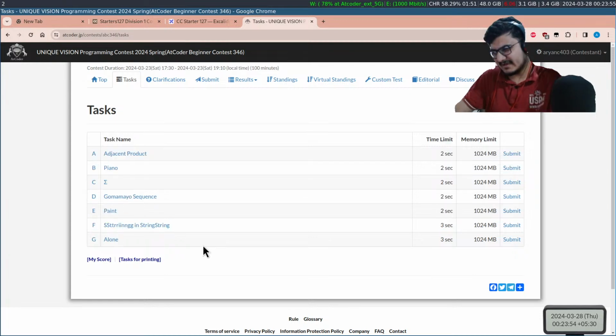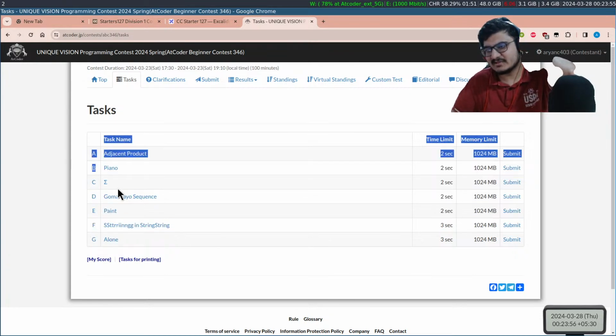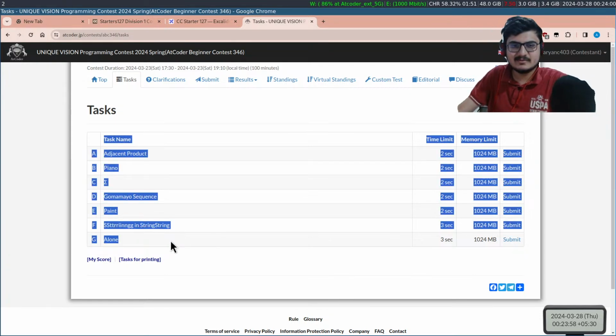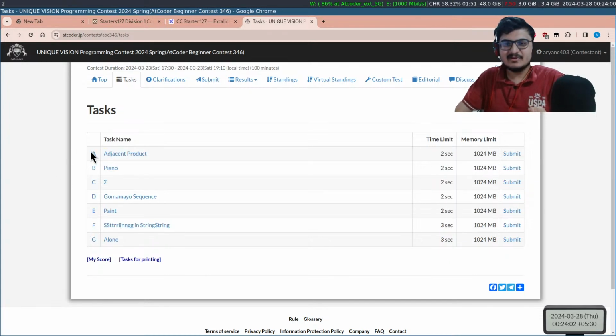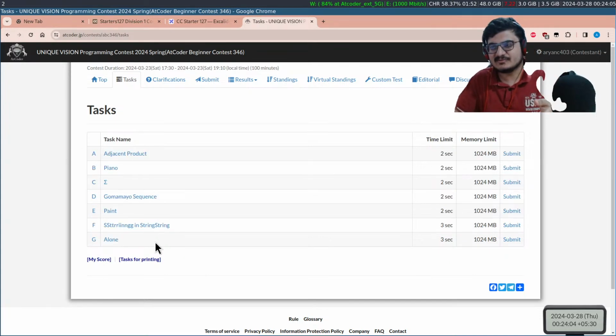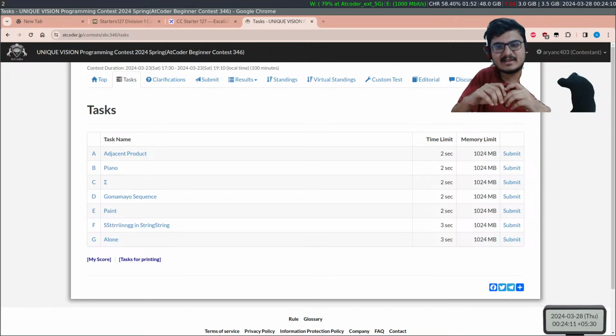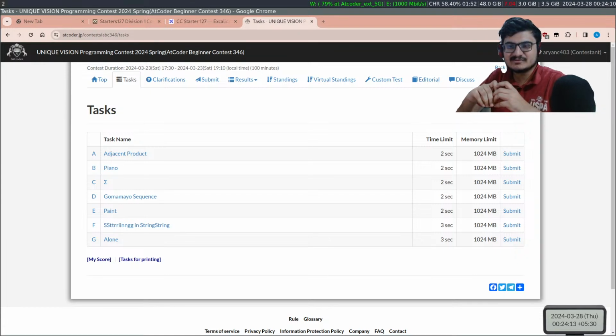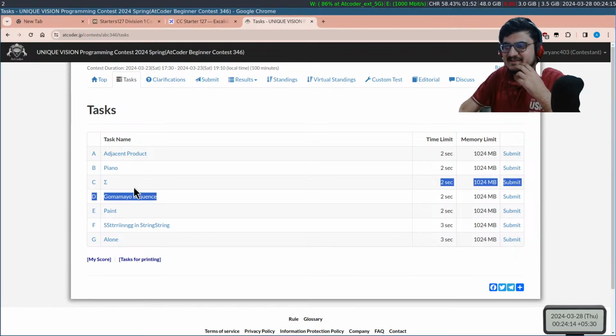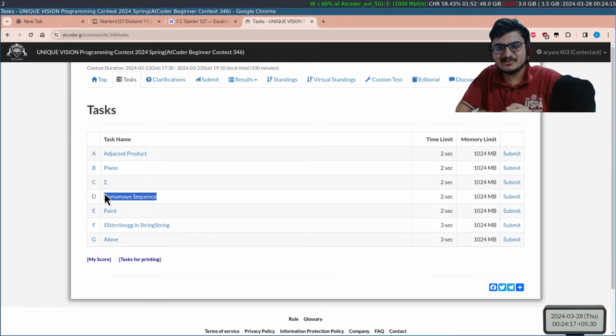Even I had a stream on these problems last week, and I think I have seen similar problems, the ideas on all of these problems, before. But I believe a lot of people would have seen some ideas for the very first time. Okay, can't solve ABCD because it's mostly on DP. So that should be a hint AtCoder is giving you again. You should solve a lot of DP problems to get good at AtCoder.